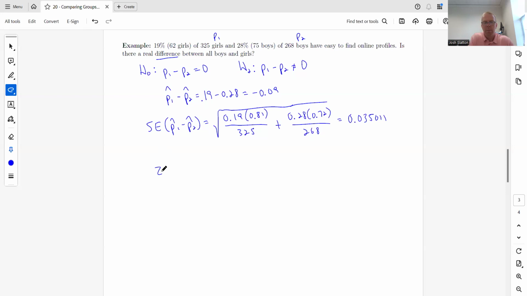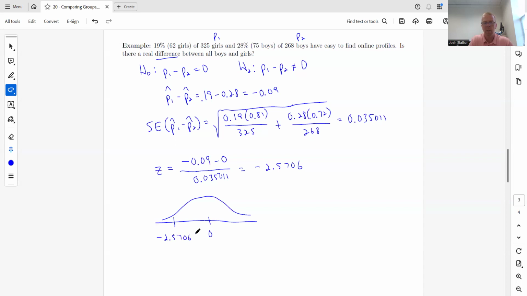And so then we find the z-score. And so that is negative 0.09 minus 0 over 0.035011. And that gives us negative 2.5706. And so this time we'll calculate the p-value. This is two-sided, so let's draw the curve. 0 goes in the middle. We'll put our z-score over here. And since it's two-sided, we'll put the positive side over here. We'll shade away from the center. And then our p-value